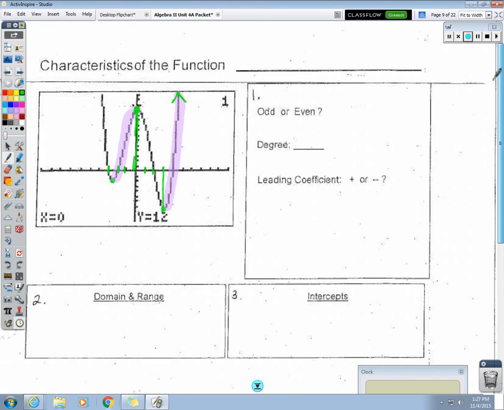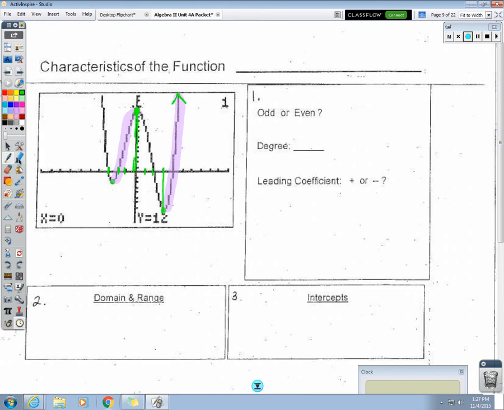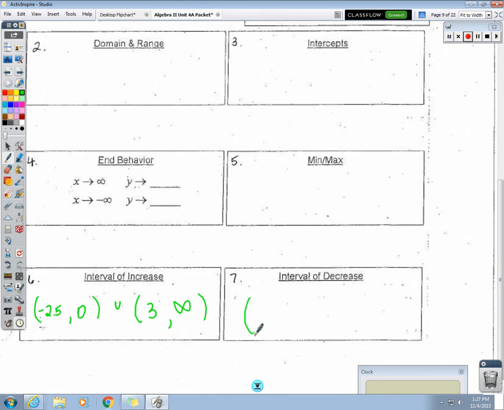Now, how many times does this graph decrease? Twice. There's 2 sections that are going down from left to right. Okay, when did it begin decreasing over here? Negative infinity. When did it quit increasing? -2.5. So from negative infinity to -2.5. And then it also